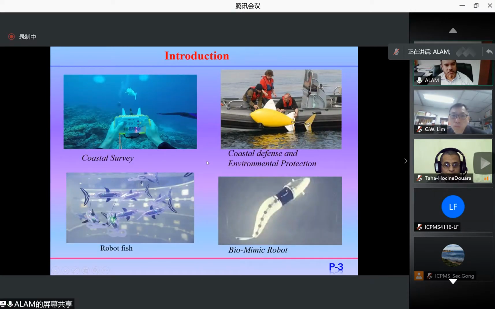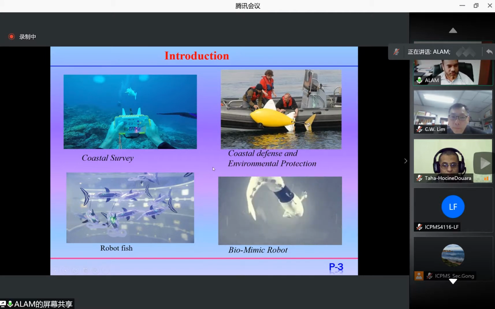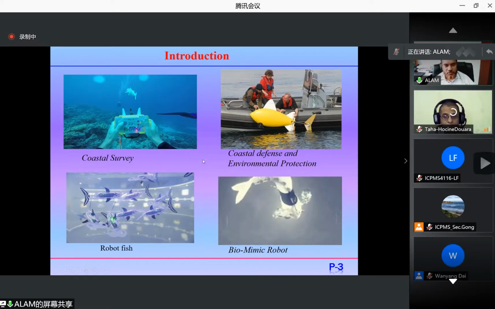Now it's the age of robots around the world. Everywhere you will find different kinds of robots, not only on the earth, also in the ocean. Every country, every group tries to explore the undersea. Then they need robots to work. And also